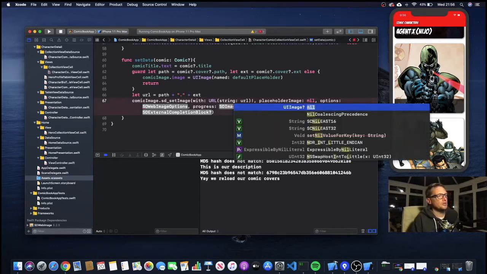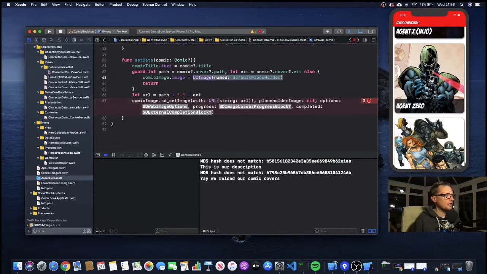Our placeholder image, we could use our Iron Man face, but we're going to use a little activity indicator on each cell. So in this instance we're going to put nil, but you can use the default, you can do the UIImage named default placeholder, similar to what we've done here on line 63. So our options are going to be continue in the background, so that the data's being pulled in as we're scrolling. Progress, we can set to nil,